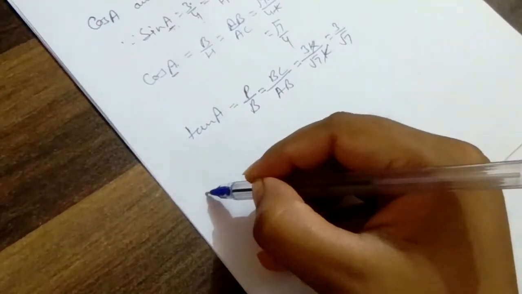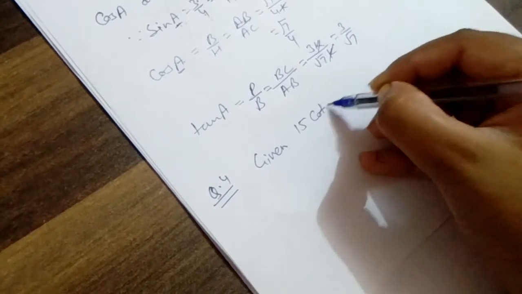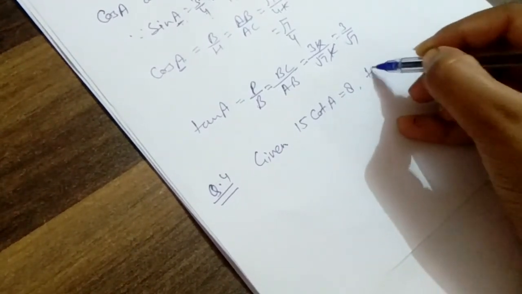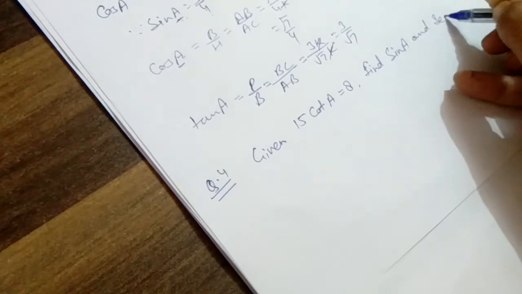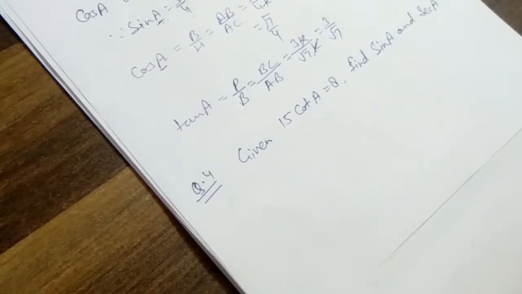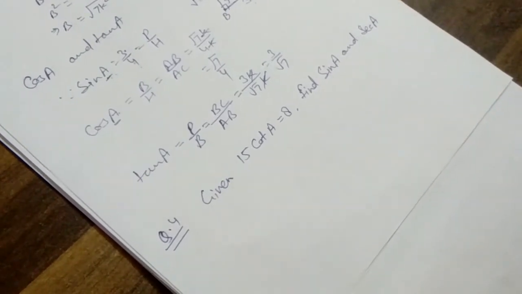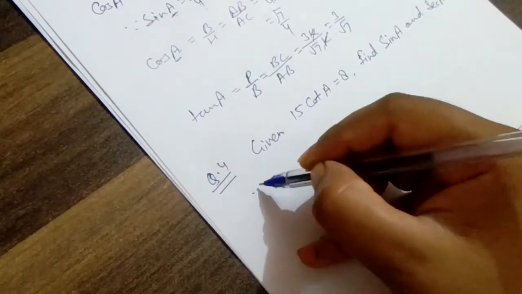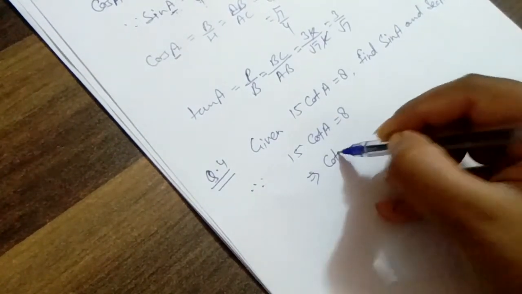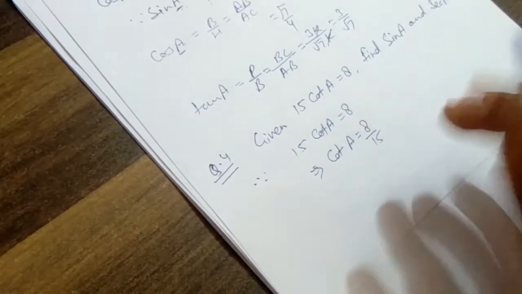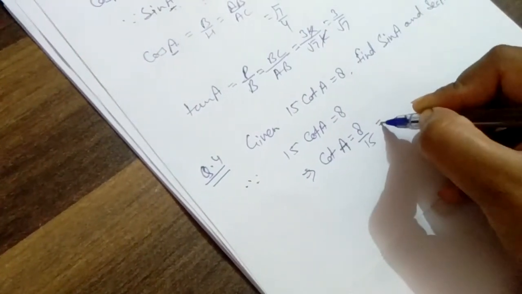Now question number 4, which says that given 15 cot A is equal to 8, then find sin A and sec A. So the question is, if 15 cot A is equal to 8, then find sin A and sec A. So first, since 15 cot A is equal to 8, this implies cot A equals 8 by 15. Now this